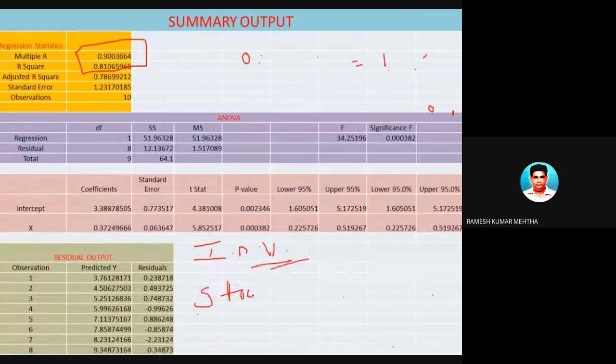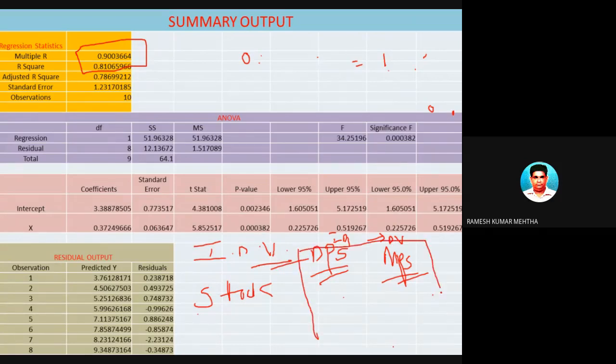In the stock market, for example, if dividend per share is one independent variable, and the dependent variable is the market price, because we assume that if the company pays a lot of dividend, the company's market price will increase. So if you have 10 years of data, you can have a model y is equal to a plus bx. This is a simple linear regression. So y is equal to a plus bx I will take.